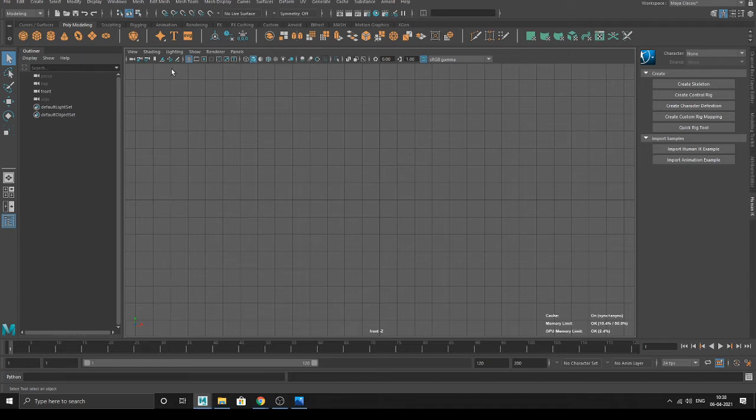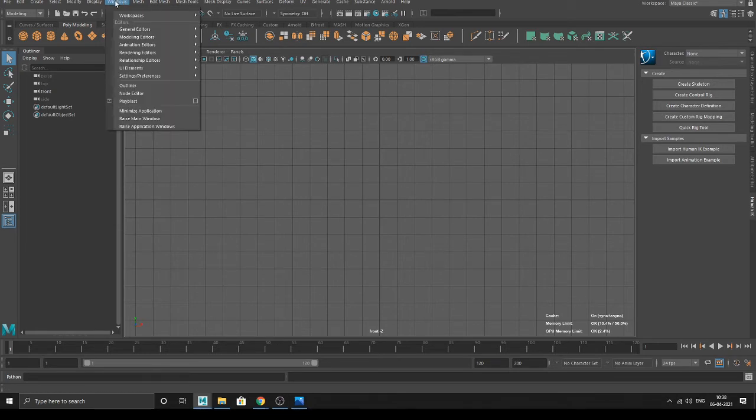So how to change these units is, you go to Windows, Settings/Preferences, and over here you can see Preferences.